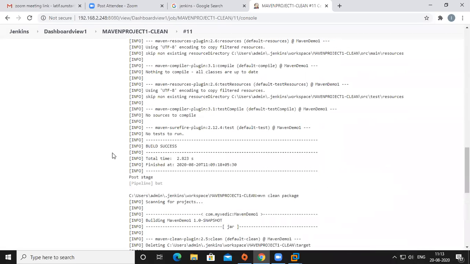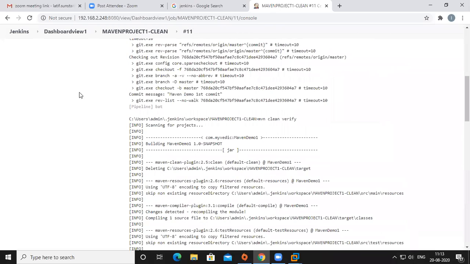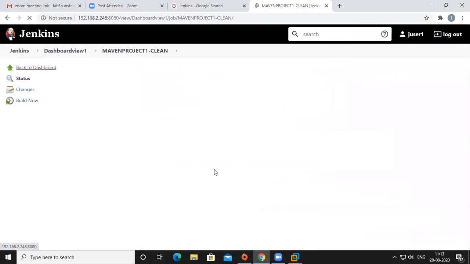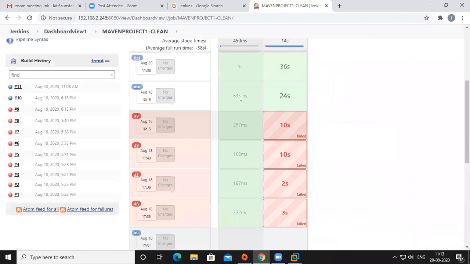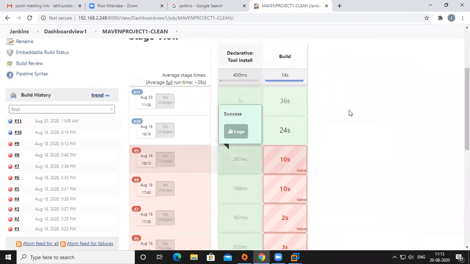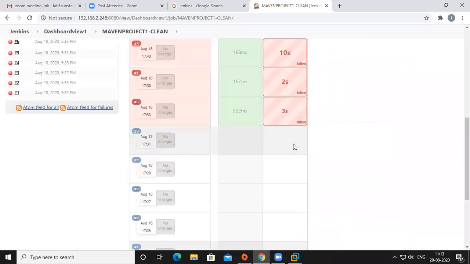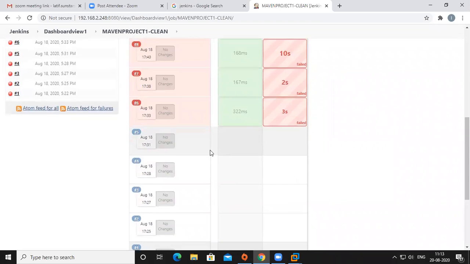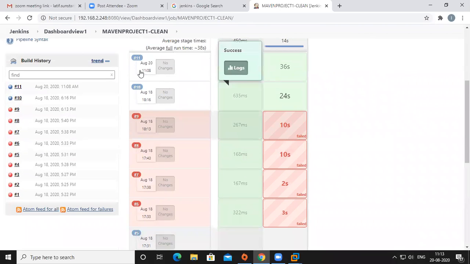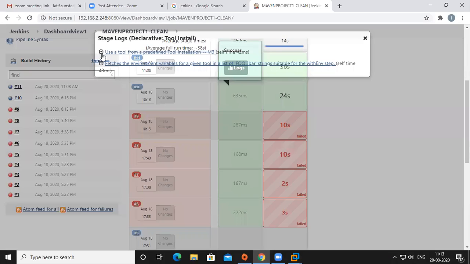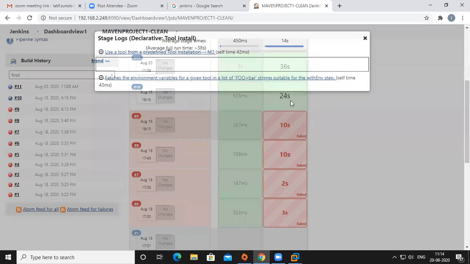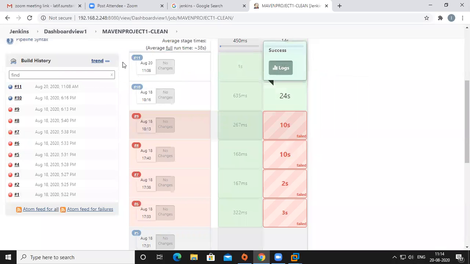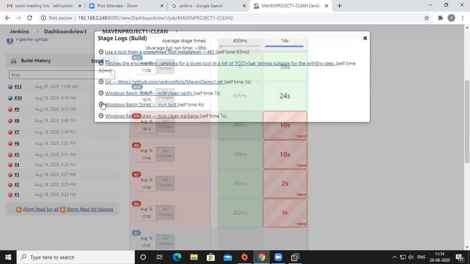But here, when you go to this one, in a project stage view, because it's a pipeline project, you can see each stage's logs. Okay, both sides, here column or here column. Okay, here nothing has happened, but here it is something like this. So here it is successful. What are the logs we are able to see here? Each part wise, what is the issue?